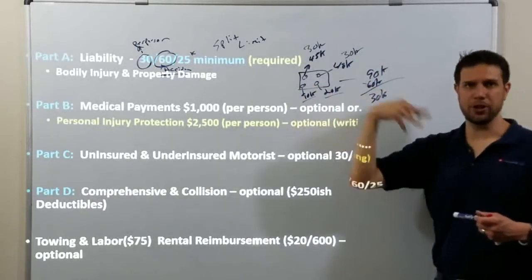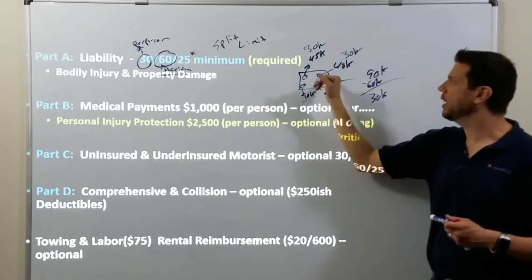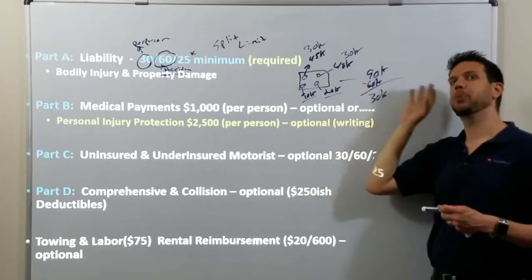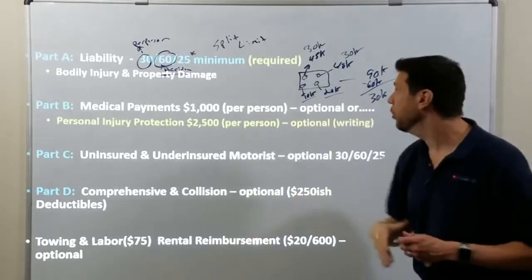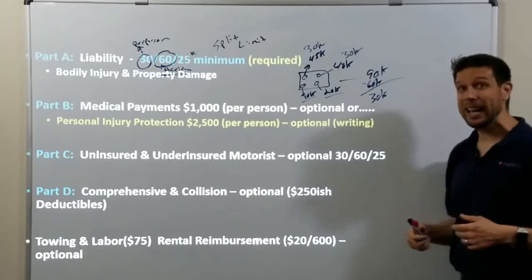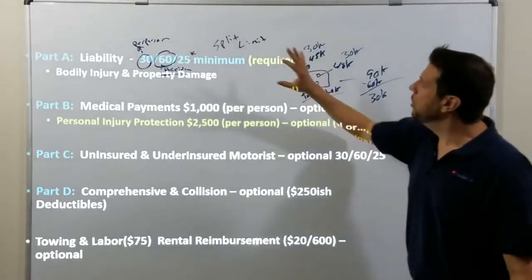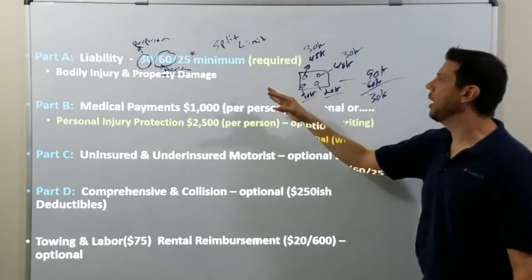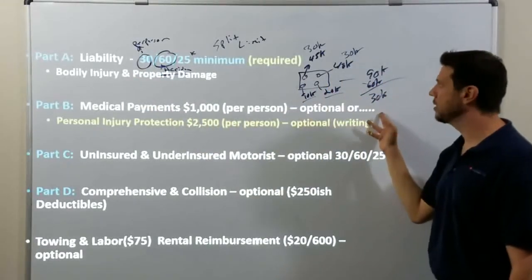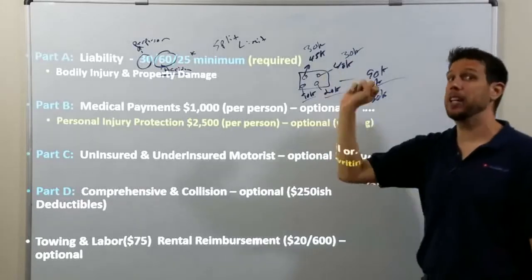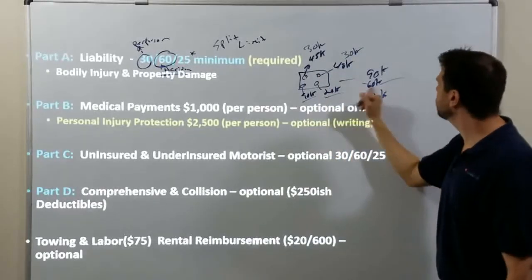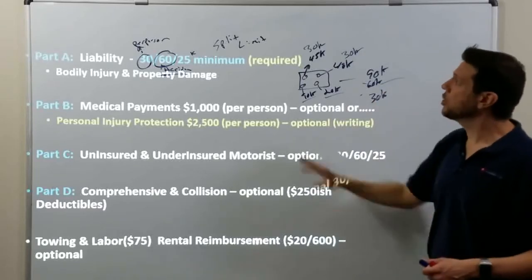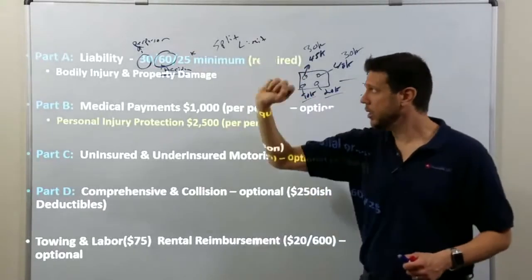Their underinsured would come in and cover them under their policy. Then their insurance company would subrogate against you for the $30,000 they had to pay out. You do not want to drive with low limits, because if you hit somebody and you don't have enough insurance, they will likely get paid from their insurance company, but then they'll sue you, subrogate against you for that money. So liability pays the other guy.